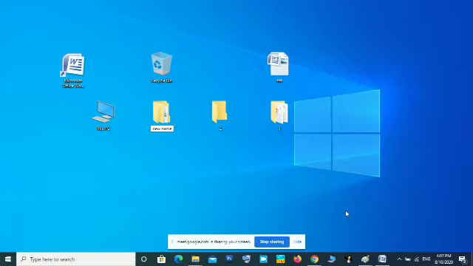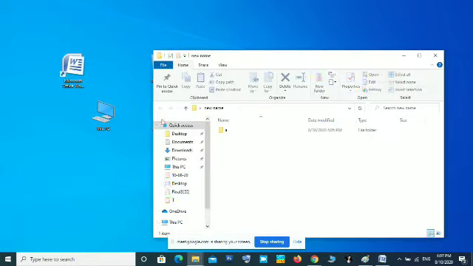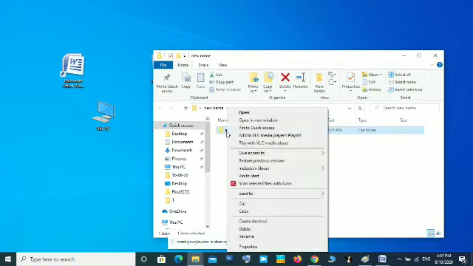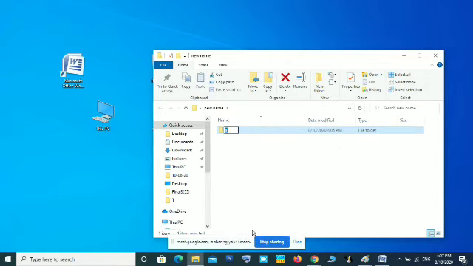Now that sample folder became the new name. Okay, this is how to rename a folder. If I want to rename this subfolder A, right click on it, then select rename from the pop-up menu, then type another name. Now I am typing B. Now that folder name is changed to B.